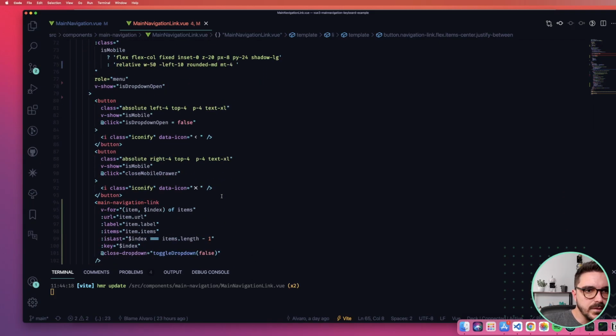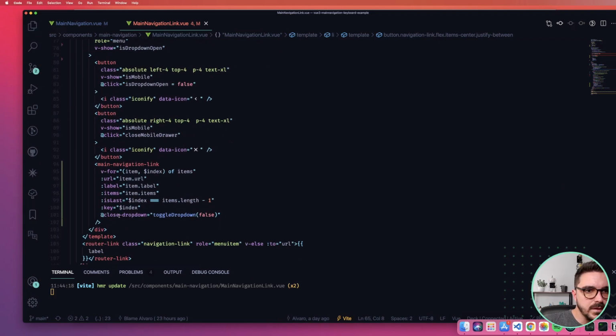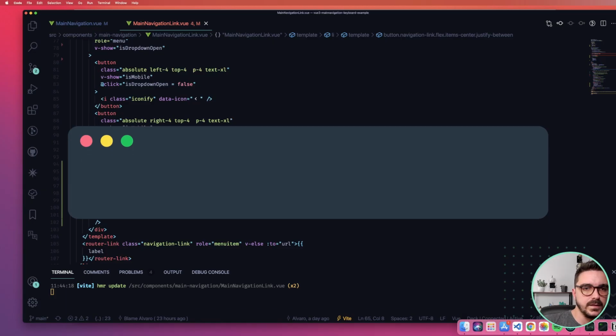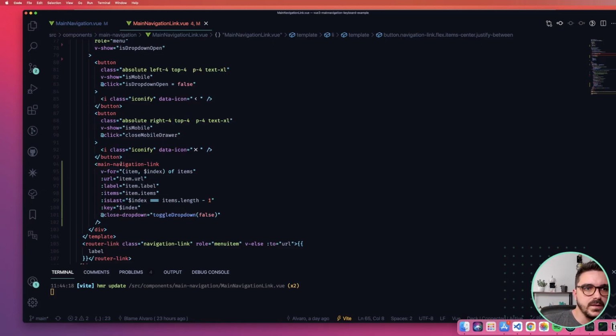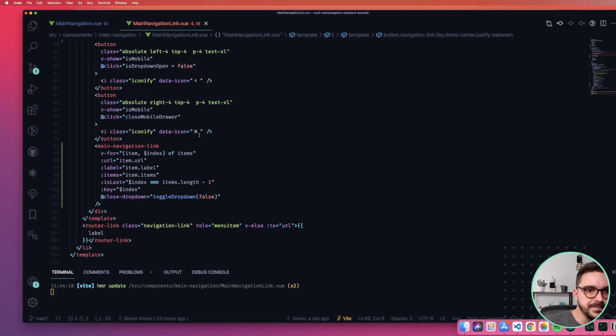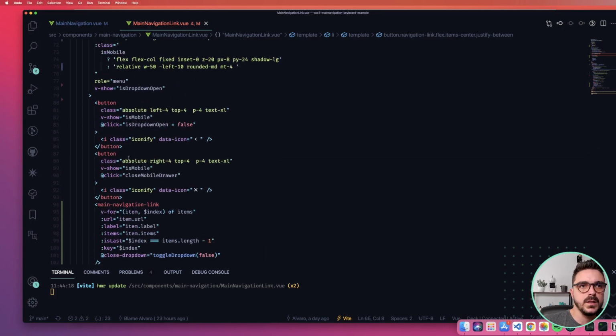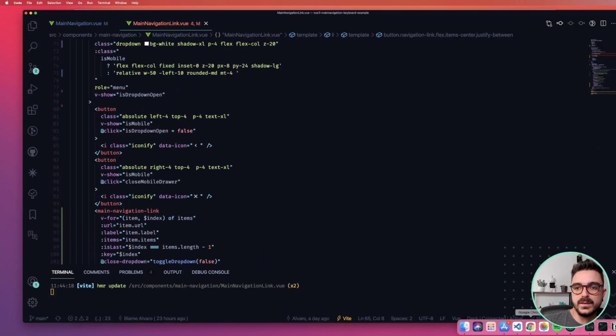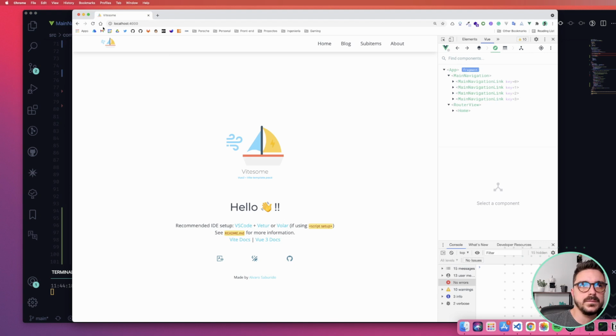So basically why it's in the same place is because I'm reusing main navigation link, like iterating it down. So I'm using the same component inside the same component. We can also make it easy and create a sub navigation link, but it's not really scalable. So let's see if it actually works.